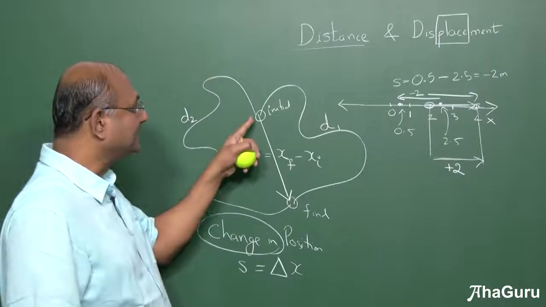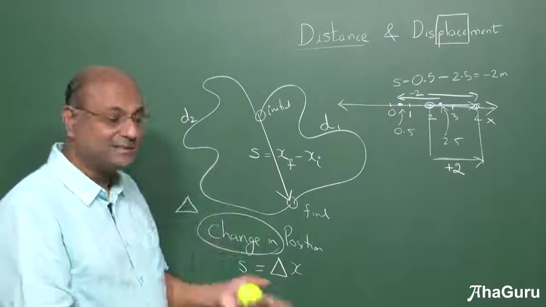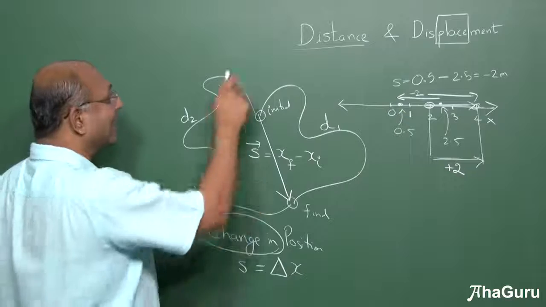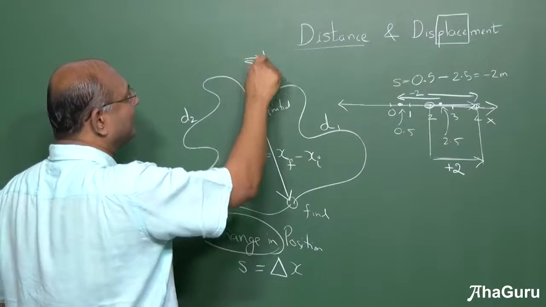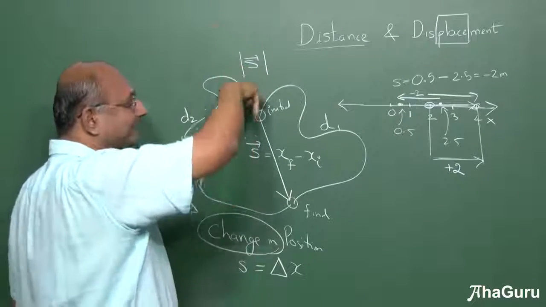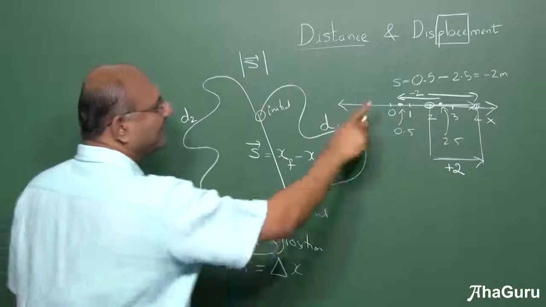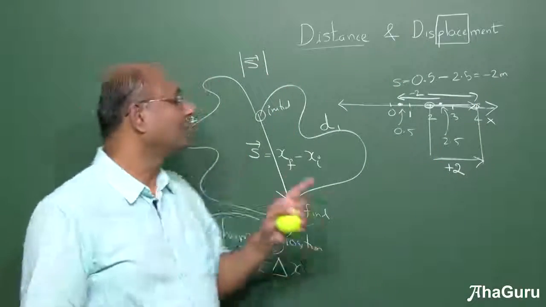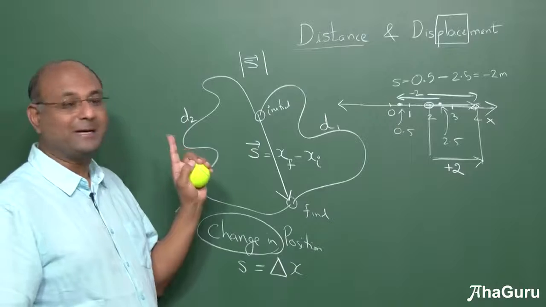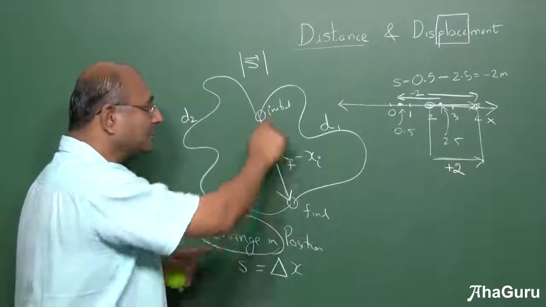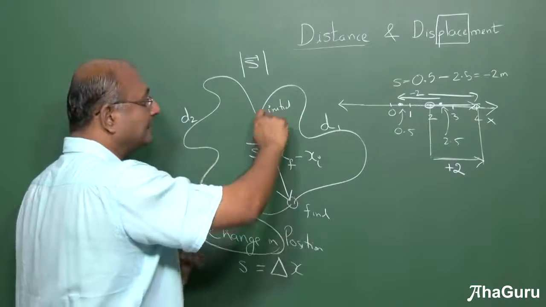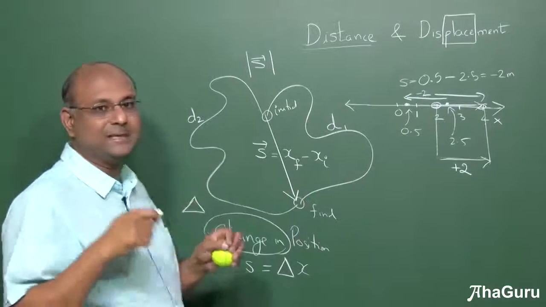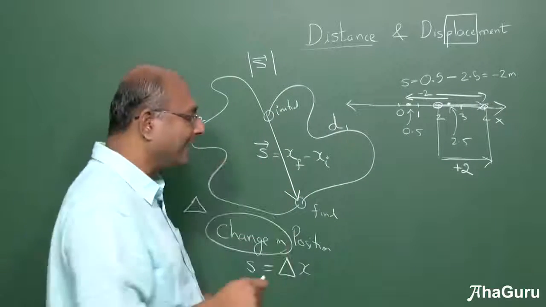Many times people think displacement is the shortest distance. No. Displacement can be plus or minus. Actually, the magnitude of displacement, we write it like that with a bar. What does that mean? If it is minus 2 or plus 2, remove the minus, call it just 2. Now the magnitude of displacement is the shortest distance because it's a straight line distance. Distance is the length you have traveled. Displacement is the arrow.